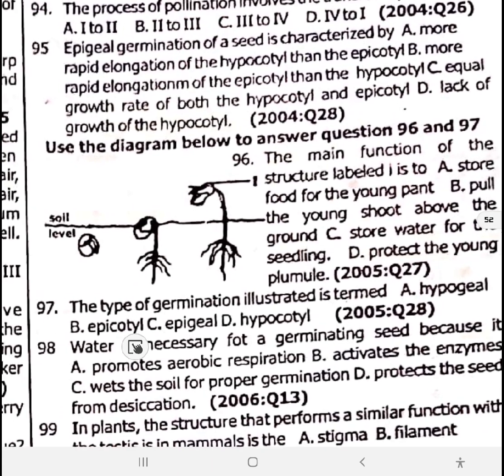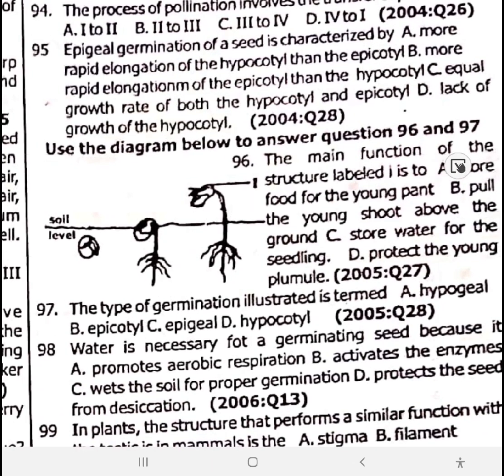Next, 96. The main function of the structure labeled I is to do what to the young plant? 96 is to protect the young plant. Option D. Protect the young plumule. 97. The type of germination illustrated above is